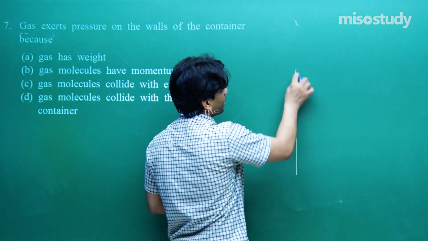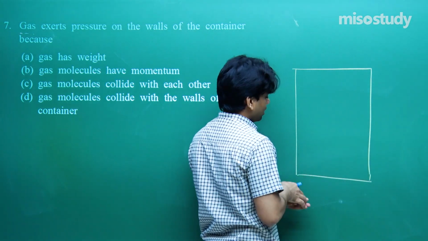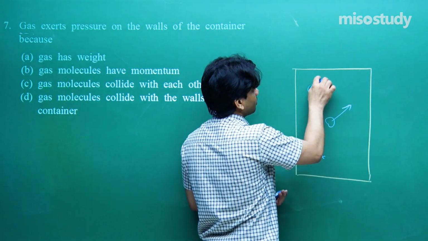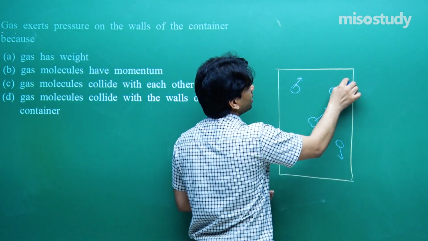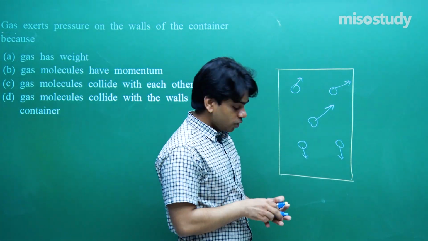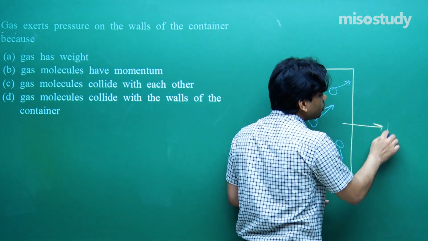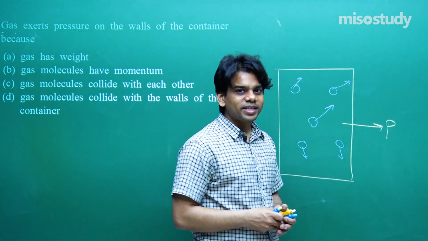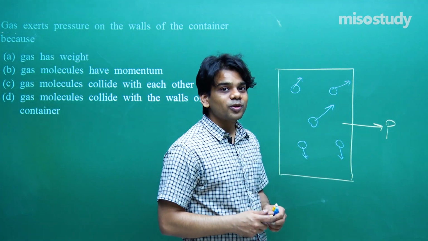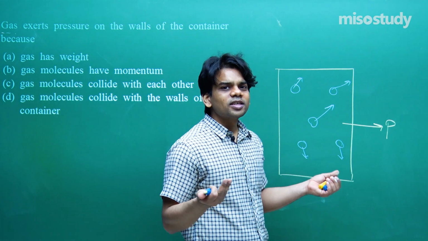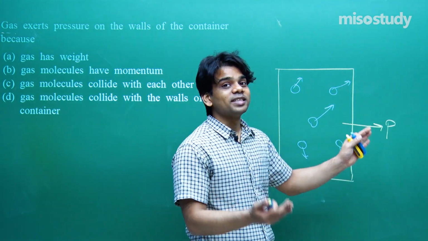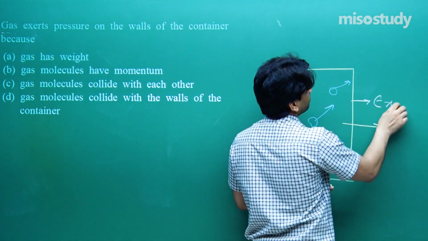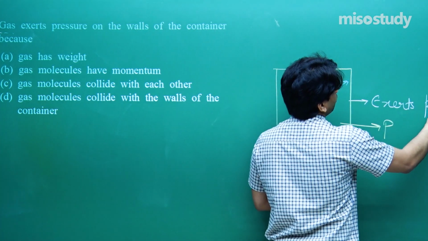While deriving the pressure of the gas, I have discussed that there are several molecules moving randomly within the container. What they will do? They will strike the walls of the container, so they are going to impart momentum. And I have told you that during the collision, momentum is transmitted to the walls of the container, and then while they rebound, they are going to exert a force on the walls of the container. When they exert a force on the walls, it means they are going to exert pressure on the walls of the container. So why is this possible?